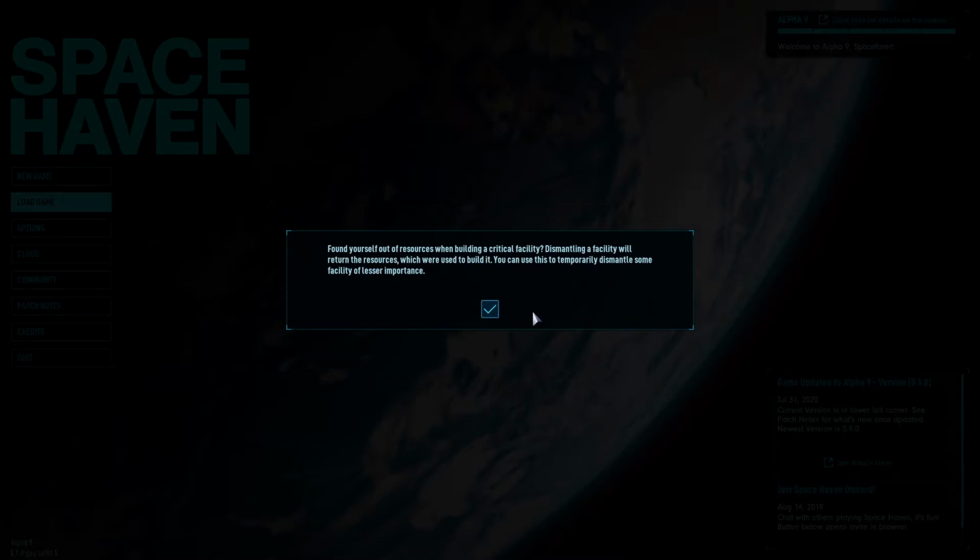Let's read this little hint here. Found yourself out of resources when building a critical facility? Dismantling a facility will return the resources which were used to build it. You can use this to temporarily dismantle some facility of lesser importance. Now I'm curious, because I wonder if you get the full amount of resources back. Many of the games like this, you take a penalty for disassembling something. I mean, it makes sense. If I build shelves out of, say, 1x6s or something like that, and then I try to dismantle it, I'm not going to have 8 pristine boards of 8-foot long 1x6s. I'm going to have cut pieces of wood, which I could probably use most of it, but anyway,